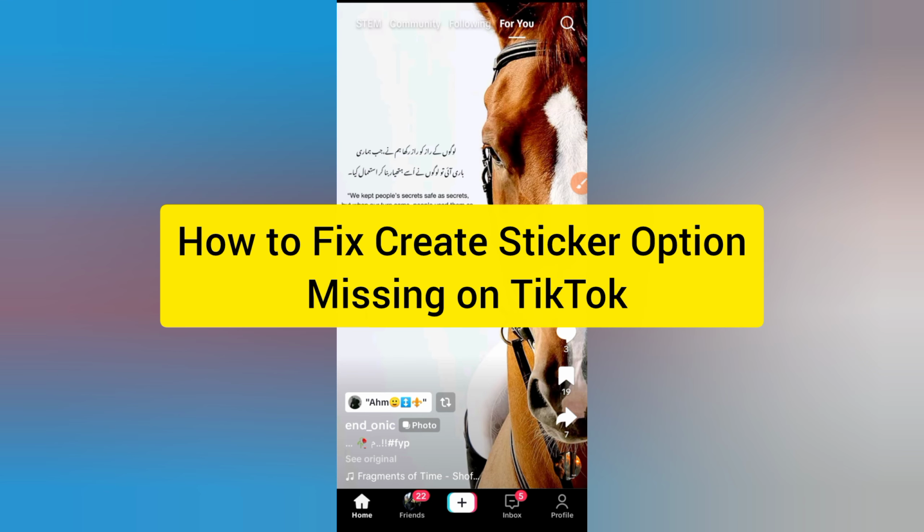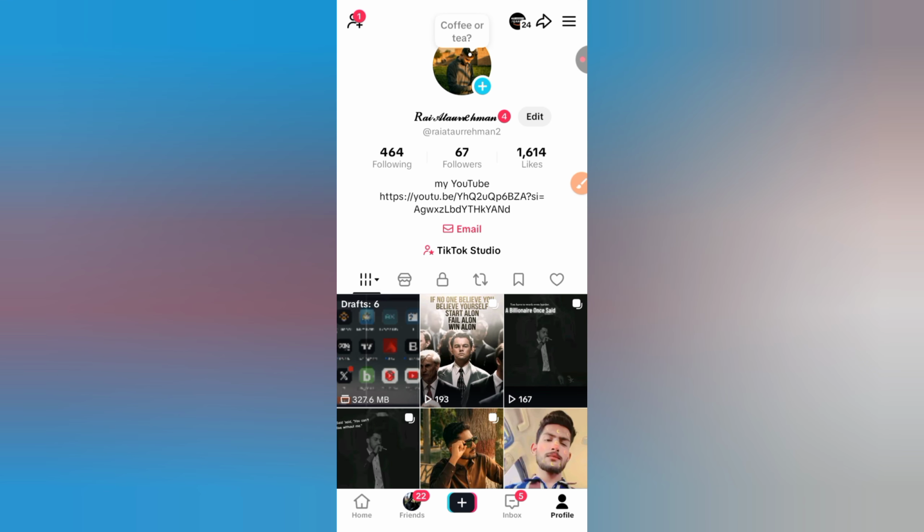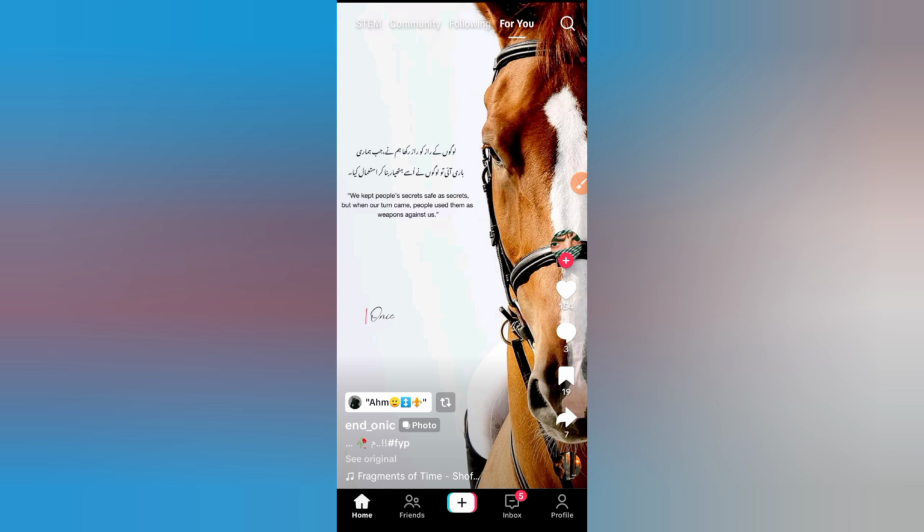How to fix create sticker option missing on TikTok. You're trying to create a sticker on TikTok, but the option is just gone. Super frustrating, right? Don't worry, in the next 2 minutes, I'll explain exactly why this happens and how to fix